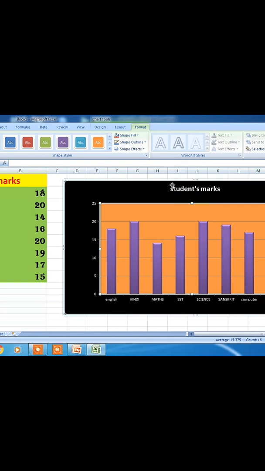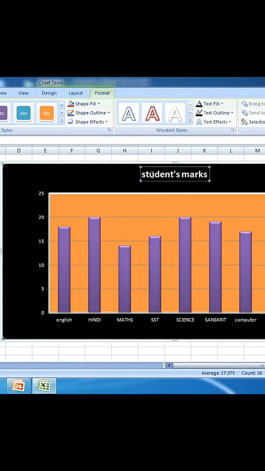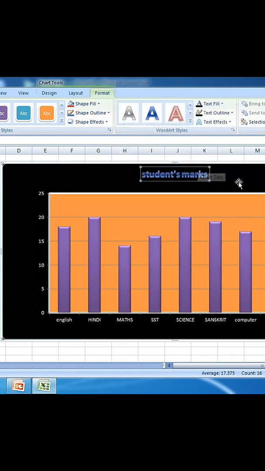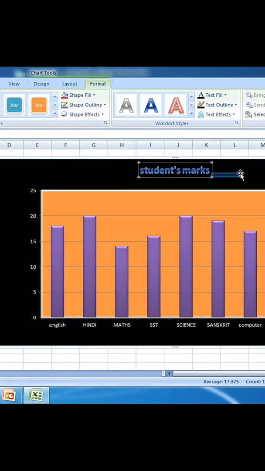Now you can see word art style is there. So if anything is written, you can change the style from word art style. I am selecting this. Anything you can select. Suppose I select this. You have seen how it has been changed. Now shape effect, the last point, the last effect. How will it change?